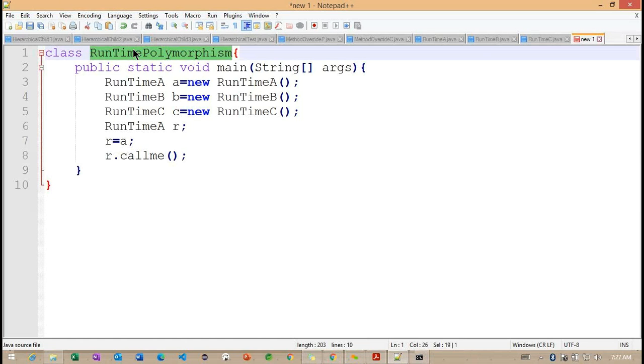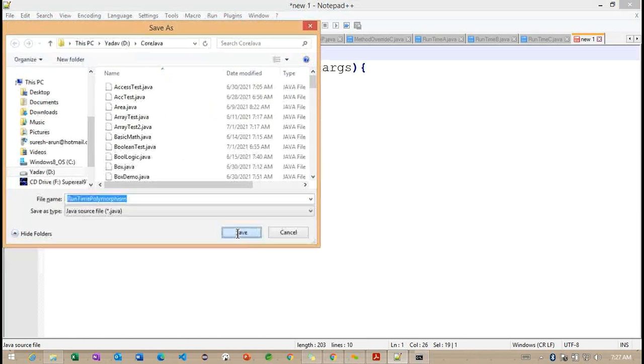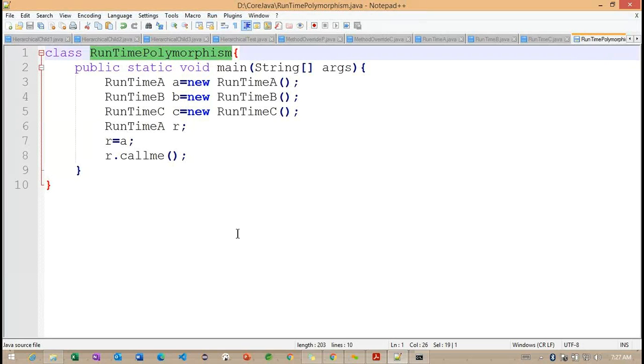So which method is going to be called? My question here: r dot call me. Which class's call me method is going to be called? Any idea? Because we have 3 classes here. Yeah, so assuming it will call the A class call me method.